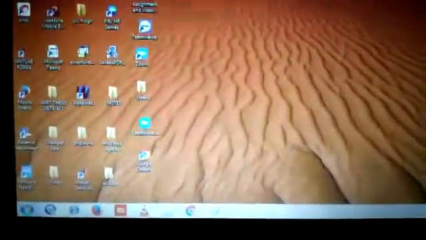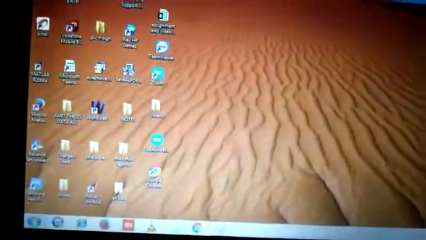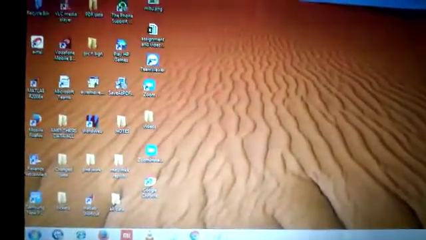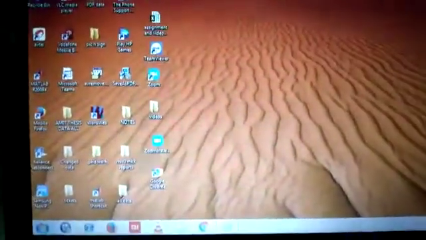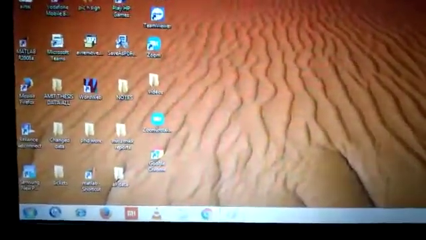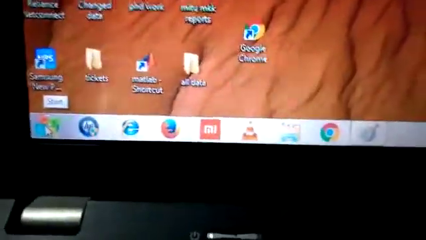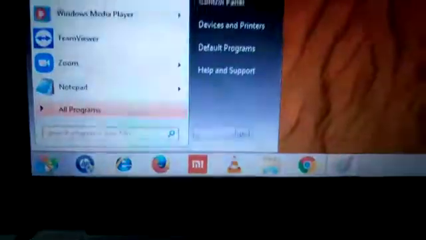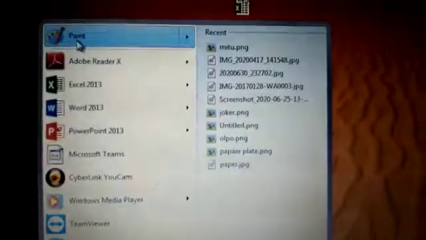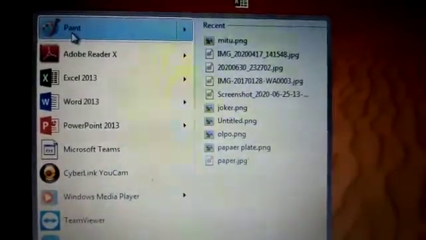So, today we will learn how to do editing in our drawing. And to create a drawing, first we have to open Microsoft Paint. How to open Microsoft Paint? First, this is your Start button. We click on the Start button. It will show you the list of programs. From here, we select the option Paint. Your Paint window will open.